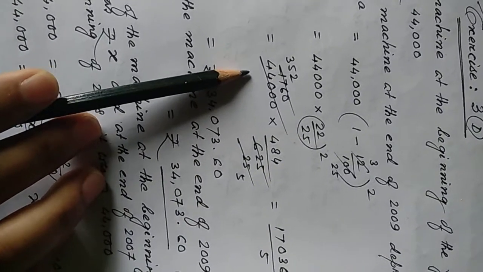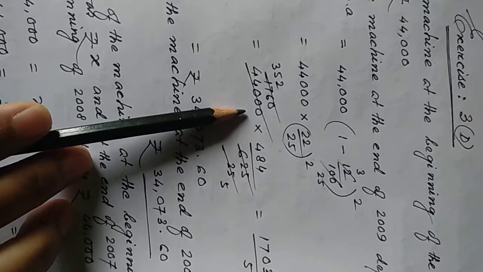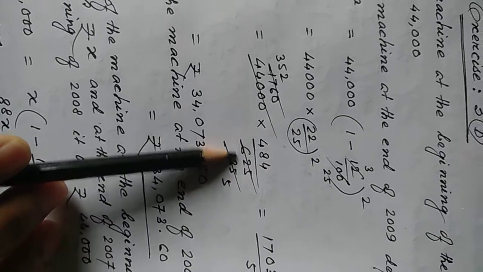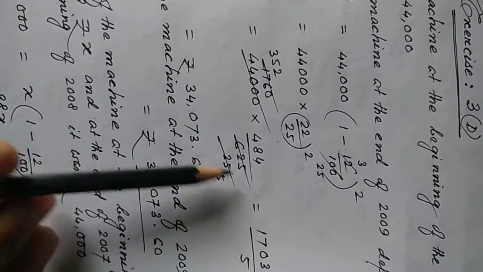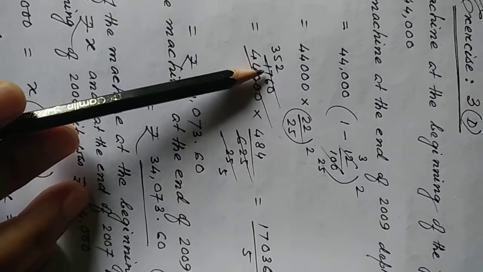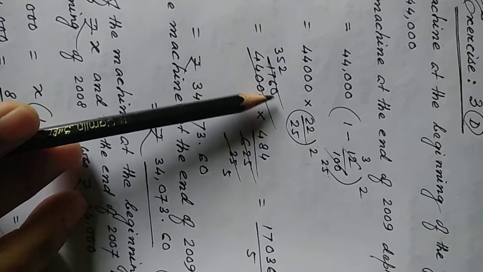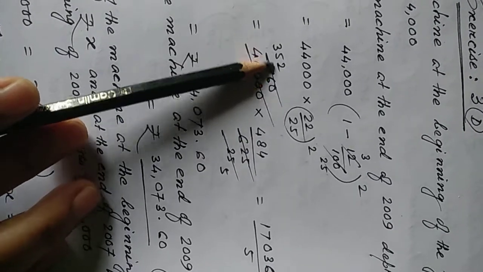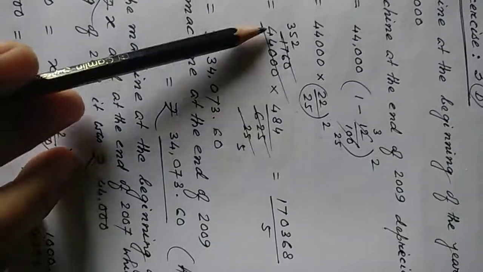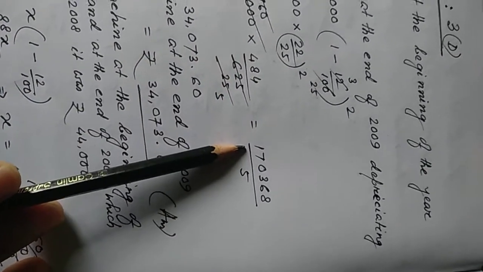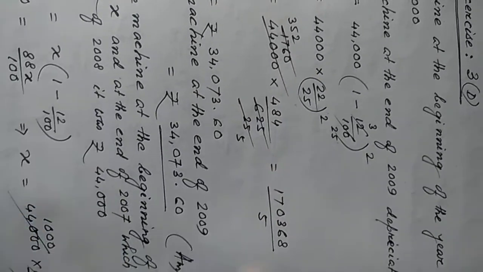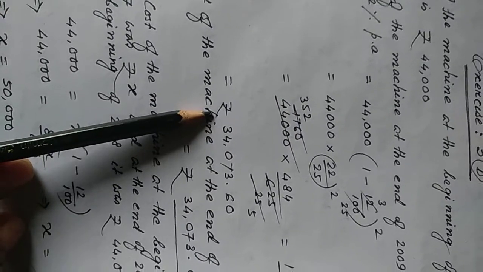Then doing calculation of this, 44,000 into square of 22, 484 by 625, reducing this by 25, this is 25, reducing this by 25, this is 1760. Again dividing it by 5, it is coming 352, and dividing by 5, it's coming 5. Then doing multiplication, this is coming 1,70,368 by 5, and by doing division it is coming rupees